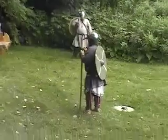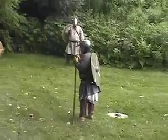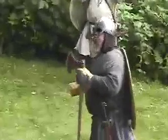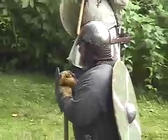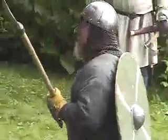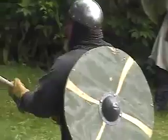Axes in general were brought back into favor by the Vikings. Axes were basically used as a tool or a farm implement by all sorts of cultures, but the Vikings used them as that and as weaponry. One of the favorite weapons would have been a long axe, an axe head on a longer shaft, something that gave you better reach,